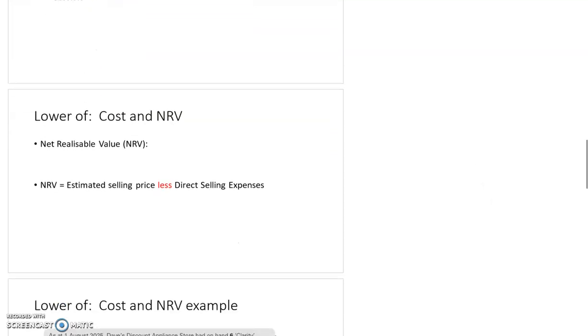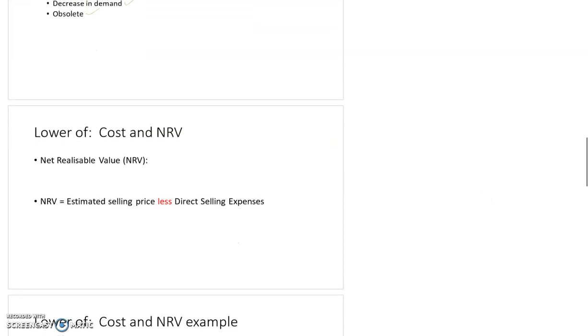So here we are going to be introduced to our inventory valuation rule and also a new term. The rule is we must value inventory at the lower of cost and net realizable value. So whichever of these two is lower is how we need to value our inventory. So the question is, what does net realizable value mean? Net realizable value is our estimated selling price, what we think we'll sell the inventory for, minus any direct selling expenses. So these are any expenses